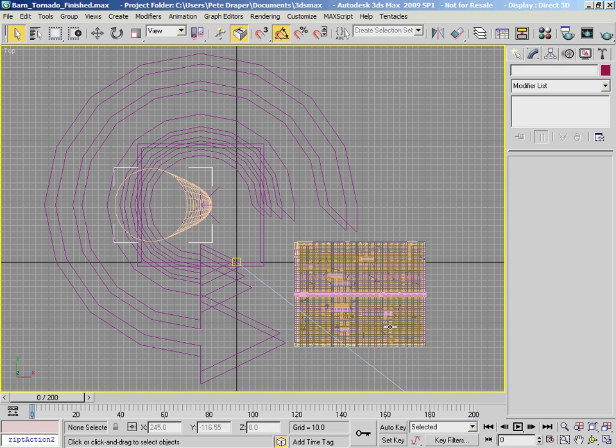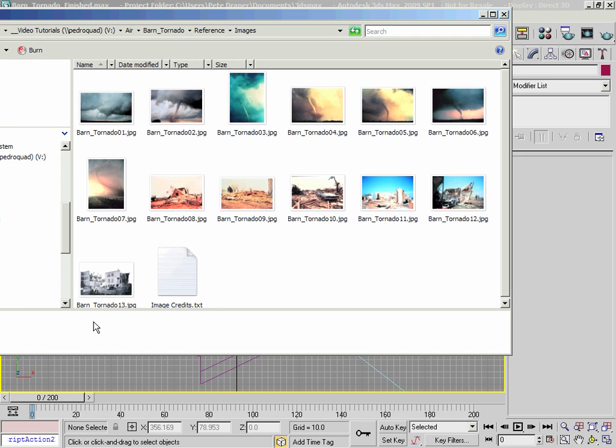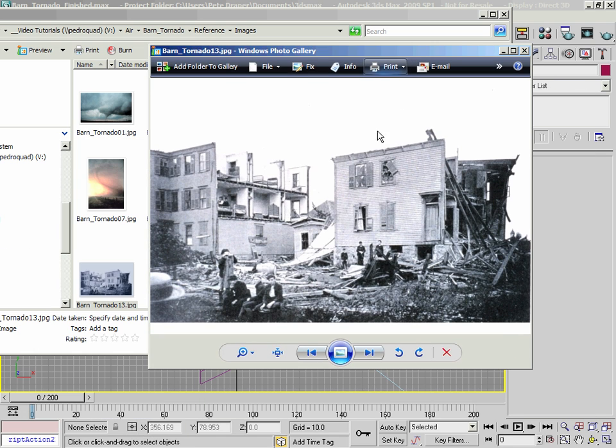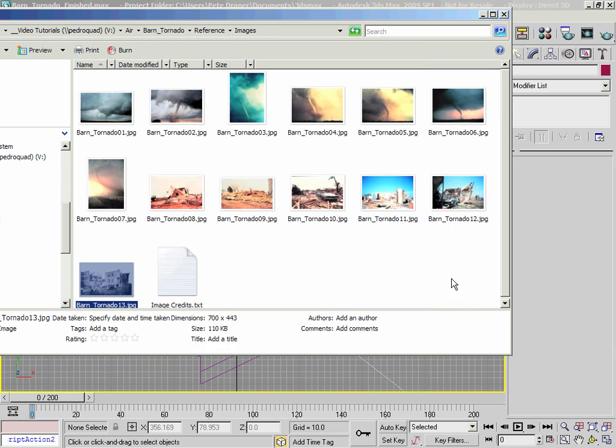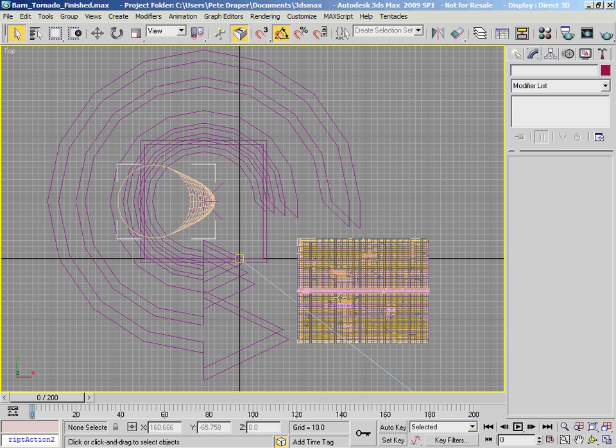that's positioned within the center of this barn. Now remember what I was saying about the reference, because of the debris formation being explosive, it's going to peel off, explode outwards, and then get caught up within the tornado. So we need a kind of directional force, because if the vortex space warp catches it, it's simply going to get dragged straight into the vortex, which is going to make the geometry pass through other adjacent pieces of geometry, which is not going to look real. So we need an explosive out force,